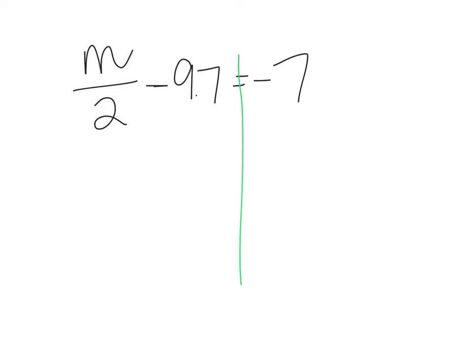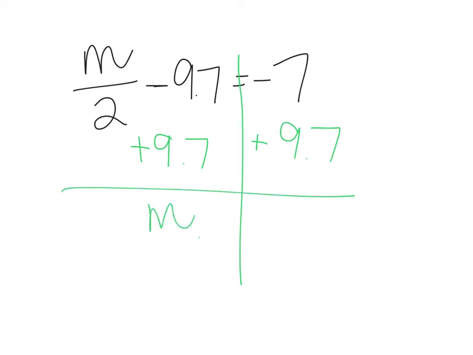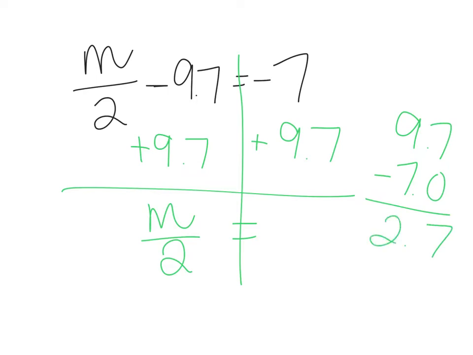Draw our line down the middle. We're going to add 9.7 to both sides. So then m over 2 equals, we have 9.7 minus 7.0. We get 2.7. We're going to multiply both sides by 2 because that's division, so the inverse is multiplication. So then m equals,